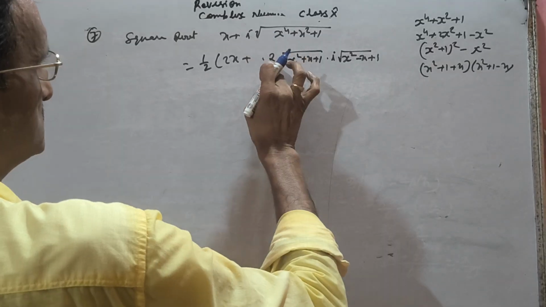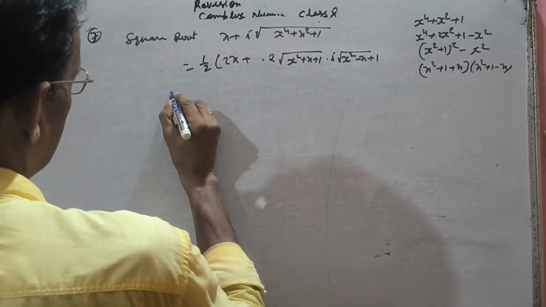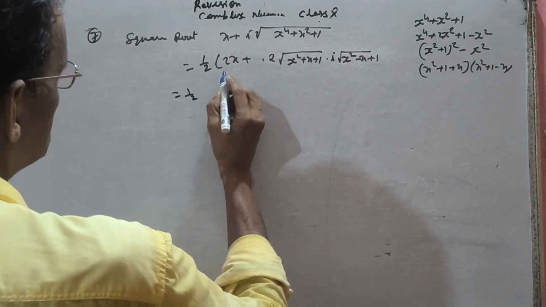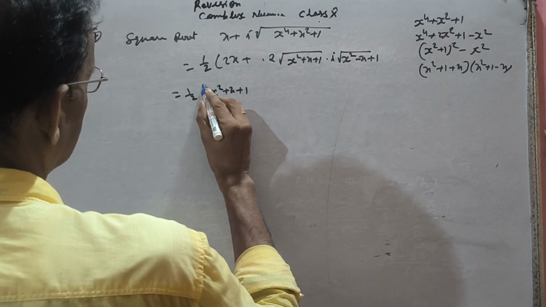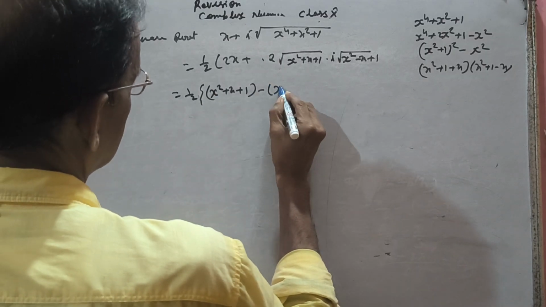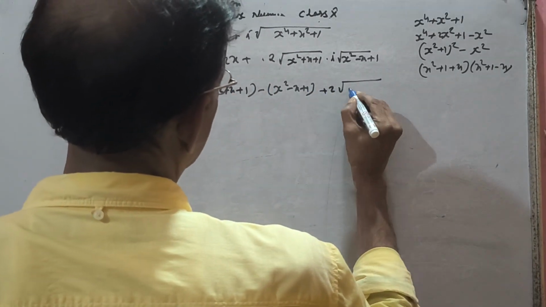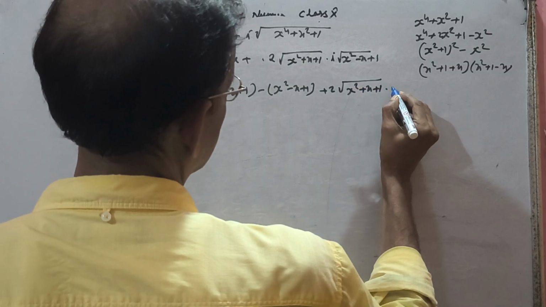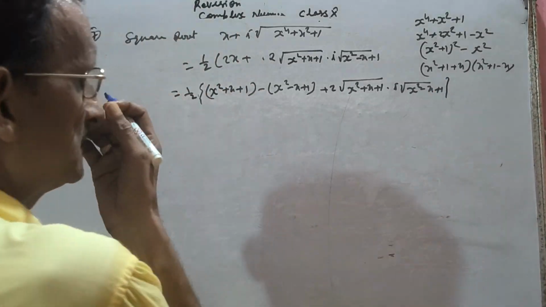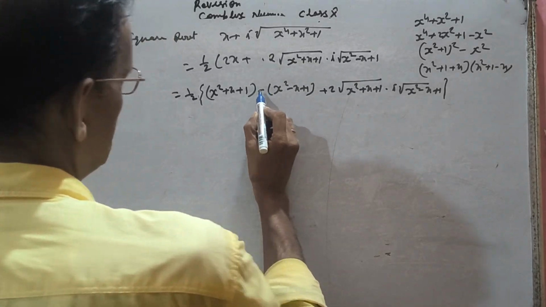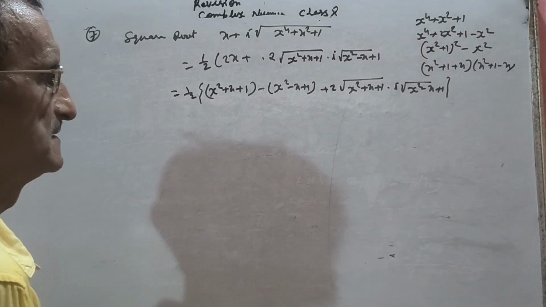This factorization, 2 is there because we divide by 2 and multiply by 2, and i should be here. So this is half. You know this can be written (x² + x + 1), okay, you can give second bracket −(x² − x + 1). You understood why? Plus 2 into √(x² + x + 1) i into √(x² − x + 1). Because this minus this, when we remove the bracket sign, x² cancels, minus minus plus x, so x plus x is twice x, this one cancels.